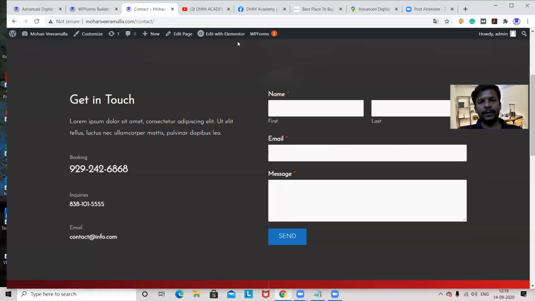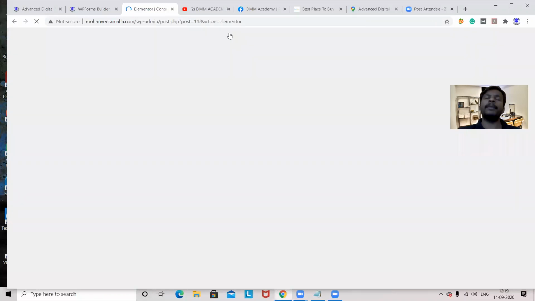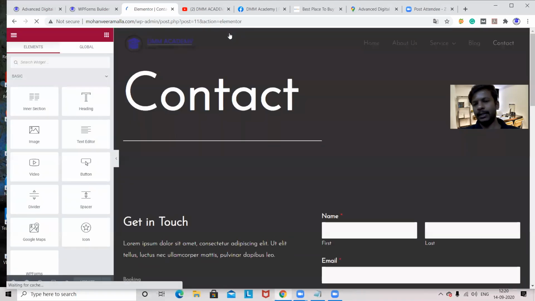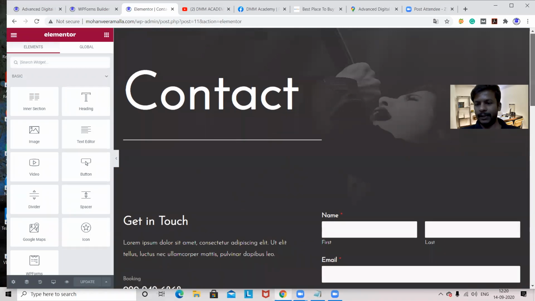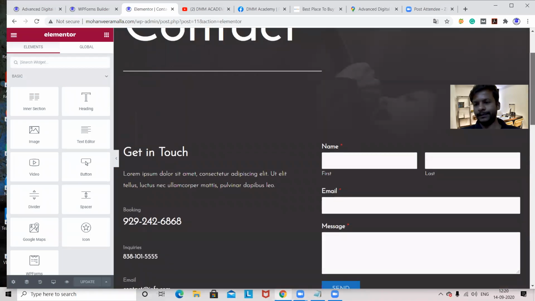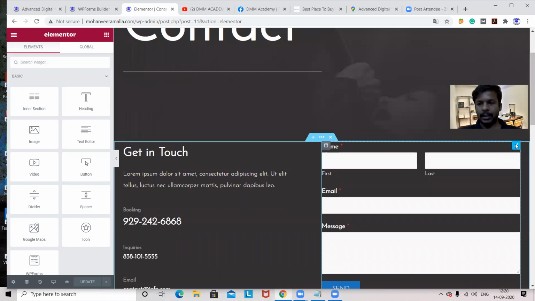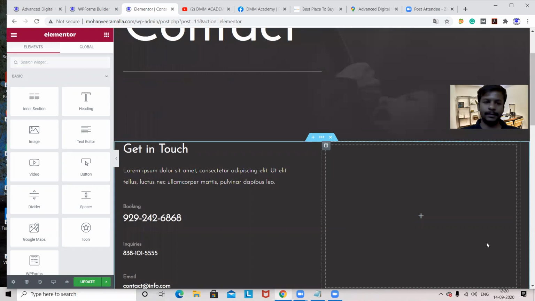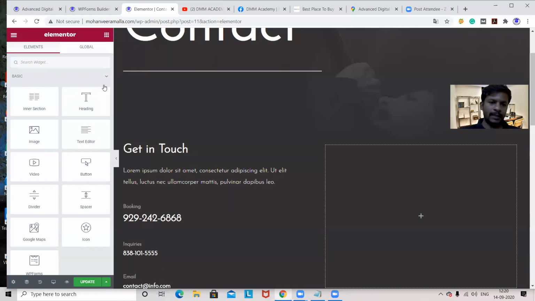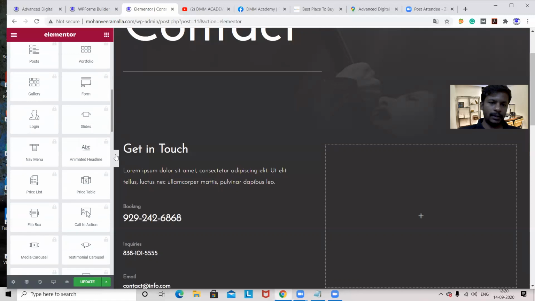Now I'm going with edit with Elementor. If you have the embedded section, you can do it that way. Simply we'll copy the embedded code and paste it here. The second way is to use Elementor. You can go with either option. For example, here we have this form, and I don't want it. I'll remove this form, I'll delete it. Now this form will get deleted. Fine. Now we created just one form, and that form I want. I'm scrolling down.